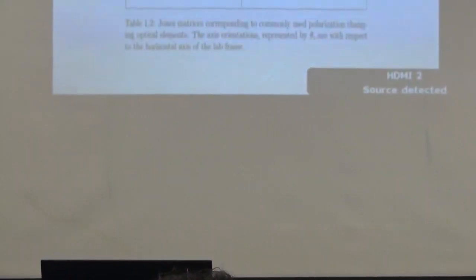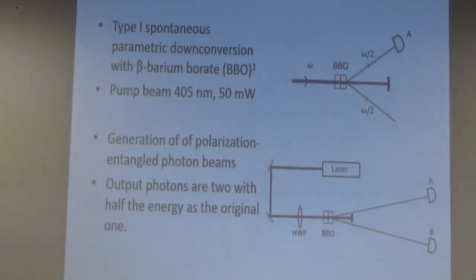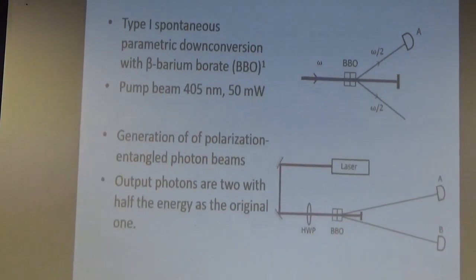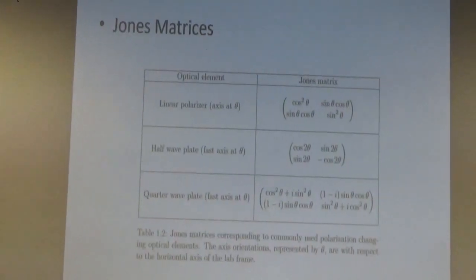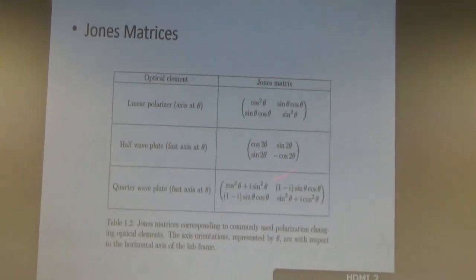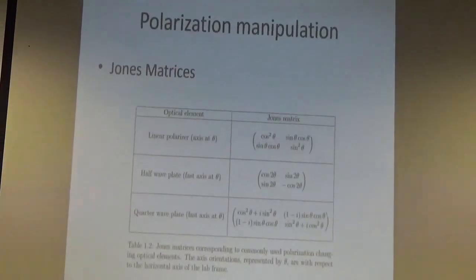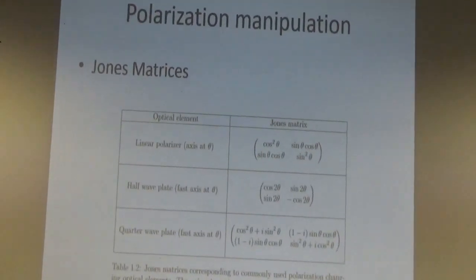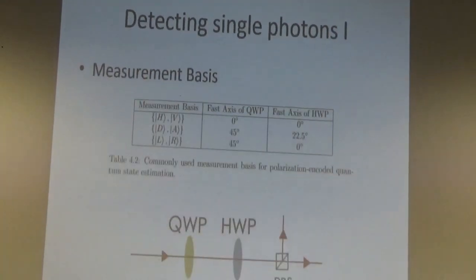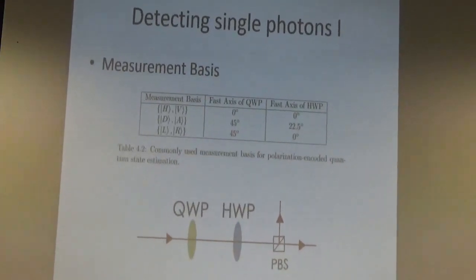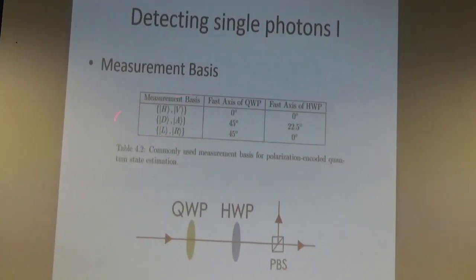So, at the measurement part, here we had the state generation part. First we generated the state, we saw how the state will change depending on the input we are giving to the crystal, and then we saw how we can change the polarization of light. These matrices will be applicable to both the incoming laser beam at 405 nanometers and a single photon light beam. And now for the detection, we say that there are some different bases of measurement. There are 3 sets of bases: horizontal-vertical, and if I am to draw these on the Bloch sphere,